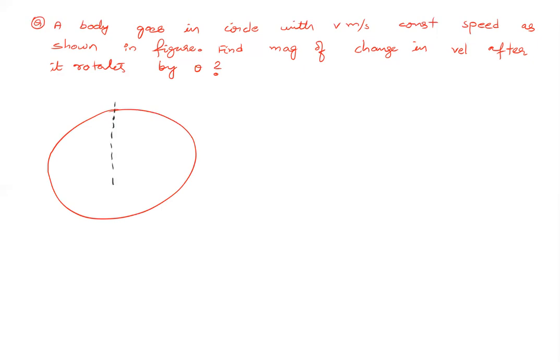What you are supposed to do is, you have your initial velocity v1 equal to v, let us say, and it has rotated by theta. You are supposed to give velocity v2 equal to how much. Find magnitude of change in velocity. So that means your target is to calculate mod of v2 bar minus v1 bar, okay. Now to calculate the change in velocity here, there are two ways in which you can do this.